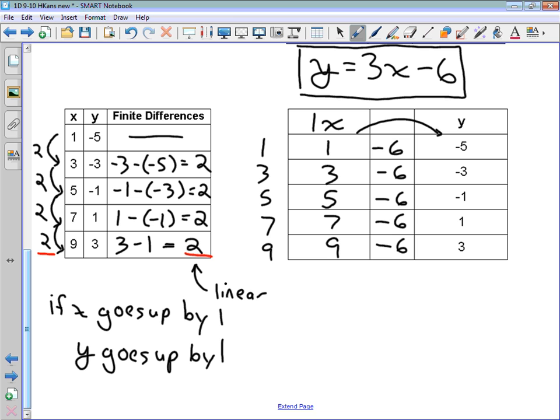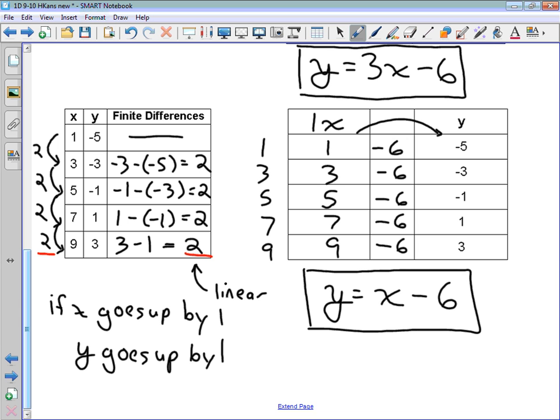Okay, that's good. So in order to get our y value, we are going to take our x value. We could say multiply it by 1, but remember when the coefficient is 1, we don't write that 1 in there, and then we subtract 6. And that's going to be our relationship: y equals x minus